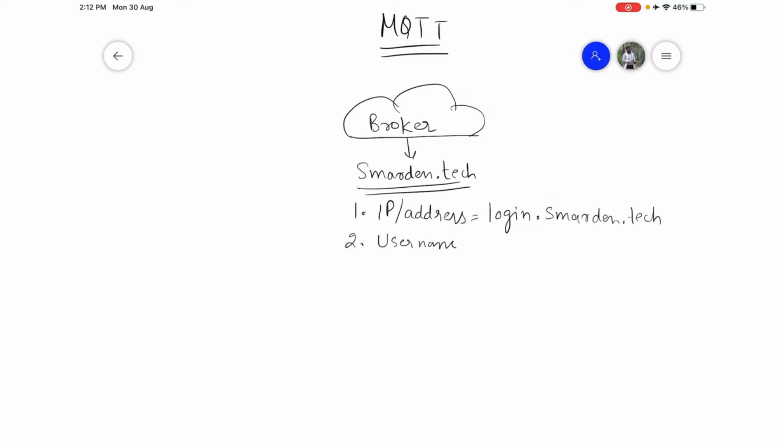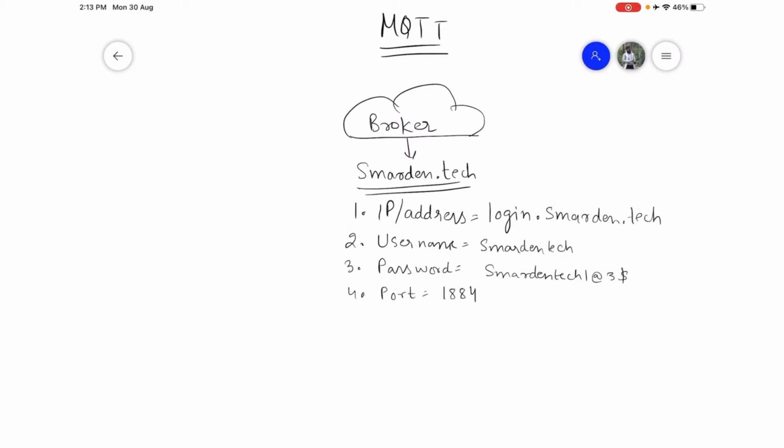In our case, the username is smartn.tech. Then you need a password for that. In our case, it's smartn tech1@$3. The fourth thing is you need a port, that is 1884 in our case.